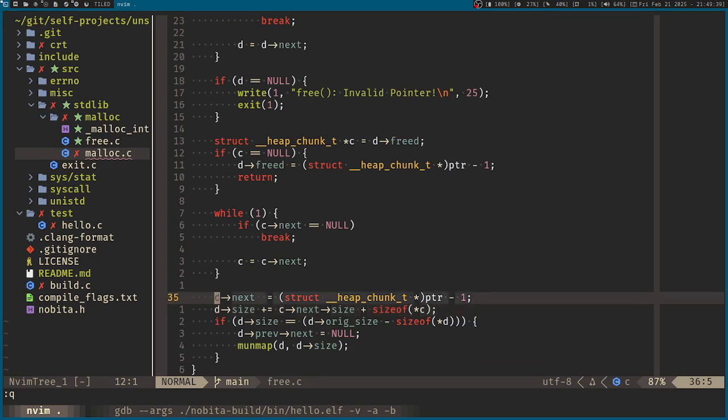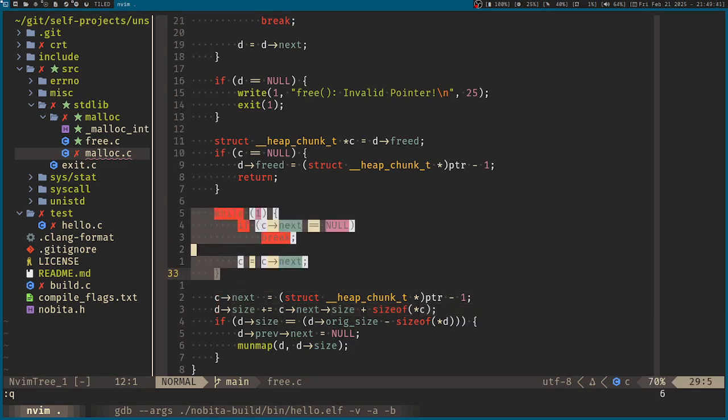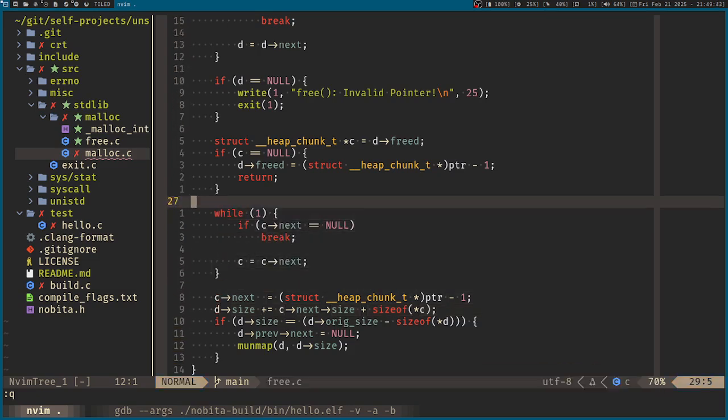And that should, well, hopefully remove that problem. And then what else? For here,